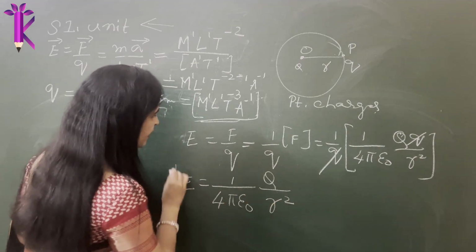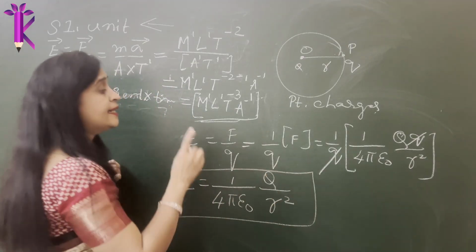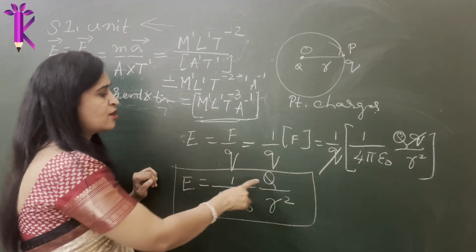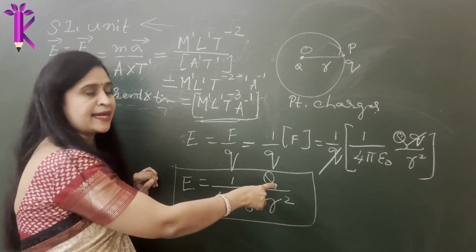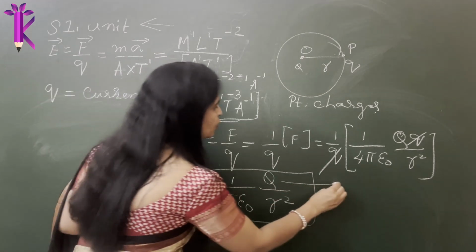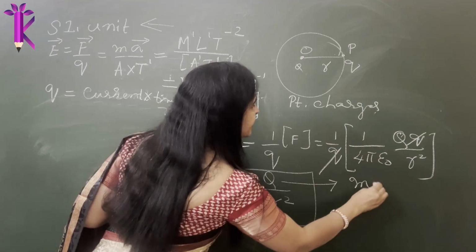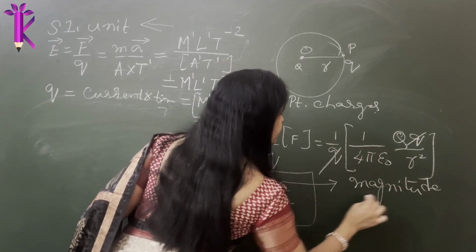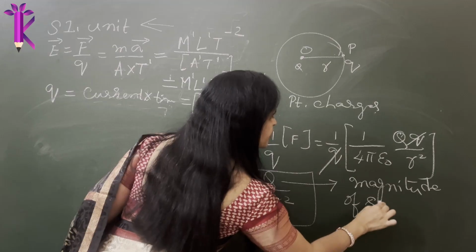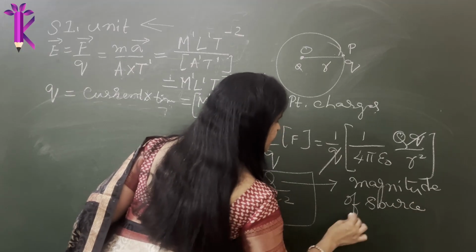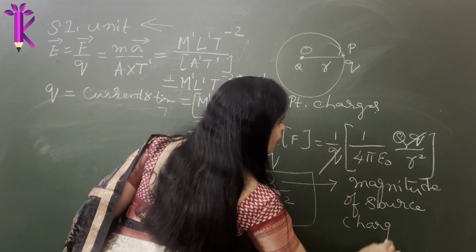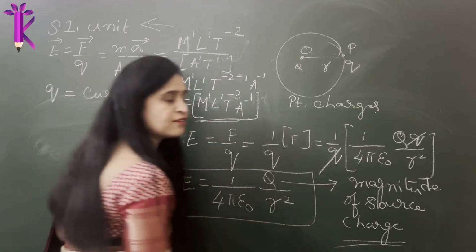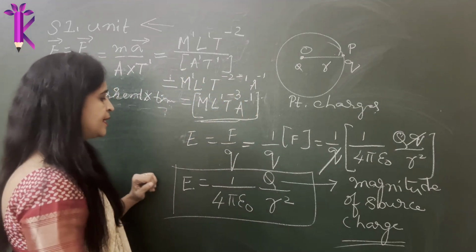So what does the field of influence depend upon? Unlike Coulomb's law, it does not depend upon the product of the magnitude of the charges, but it only depends on the magnitude of the source charge. This is very, very crucial. So if you understand all these fundamentals really well, then solving numericals becomes a piece of cake. There won't be any ambiguity.